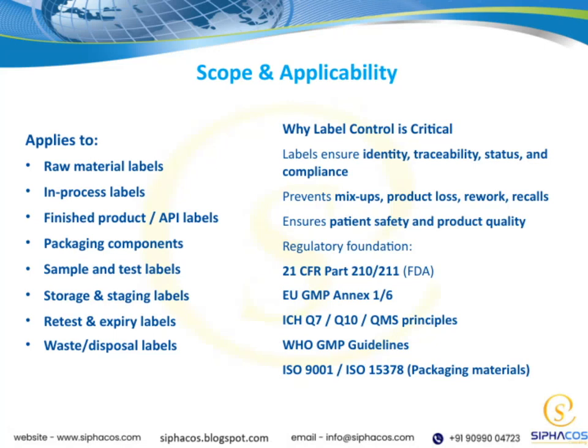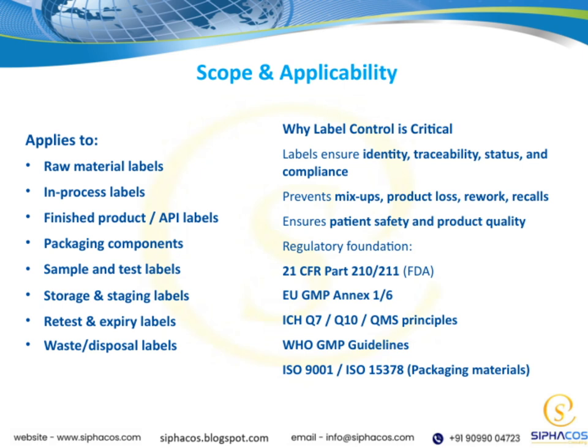Let's talk about why label control is so critical in our processes. Labels are more than just tags. They ensure the identity, traceability, status, and compliance of our products. This means that each label helps us track where a product is in its life cycle, confirm it's the right item, and verify that it meets all regulatory standards. Proper labeling also prevents mix-ups, which can lead to product loss, rework, or even costly recalls. By ensuring accurate labels, we protect both our products and our reputation. Most importantly, good label control plays a key role in safeguarding patient safety and maintaining high product quality, both non-negotiable